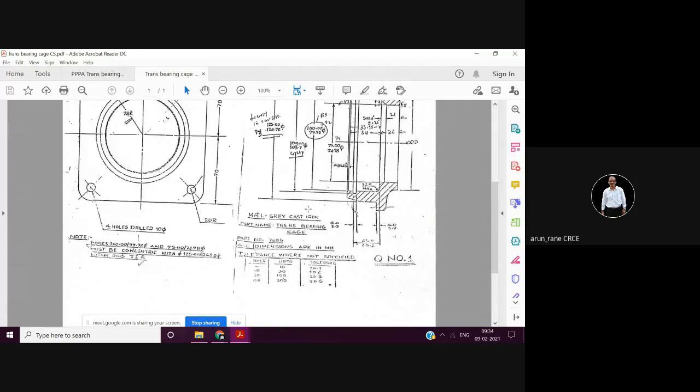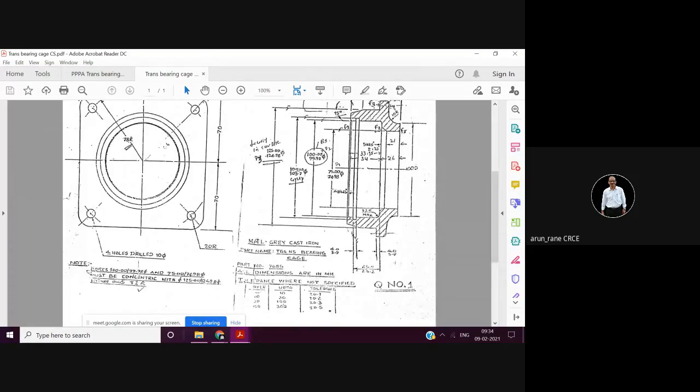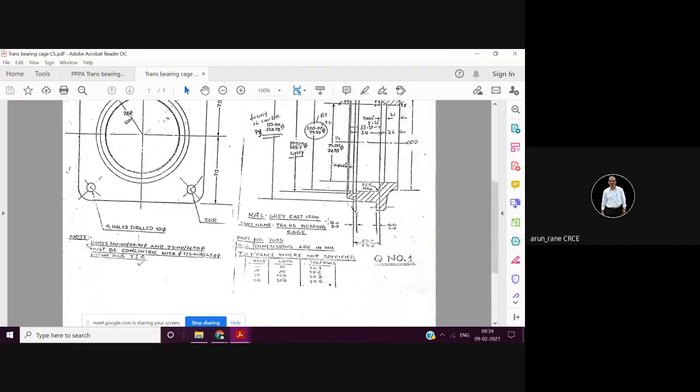Or suppose the component is welded or fabricated, then a lot of thermal stresses are developed, and for that you have to do stress relieving. That is a decision taken by the process engineer, even though it is not mentioned clearly or explicitly in the drawing. So this becomes your implicit specification.